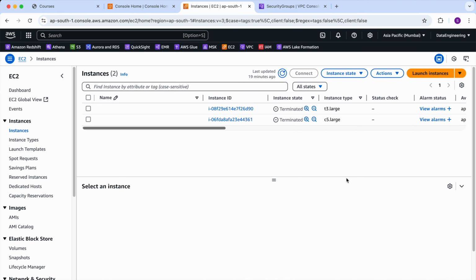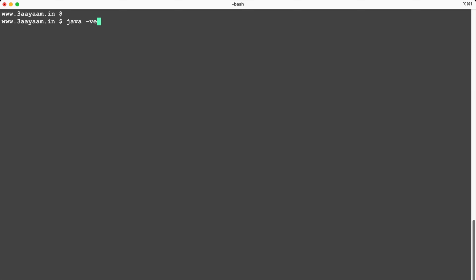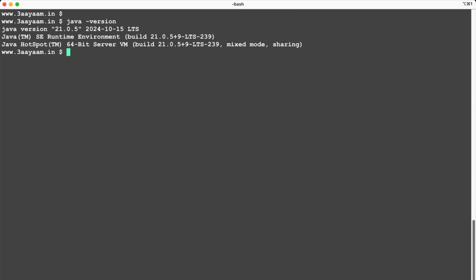And I'll be doing the installation using an EC2 instance. I'll show you the installation using an EC2 instance because I have already installed Spark in my local machine. Java, JDK, everything is already installed. Let me show you that. This is my local machine and I already have Java installed here, as you can see. We have Java version 21. We have Java runtime environment also. So everything is installed in my local machine,